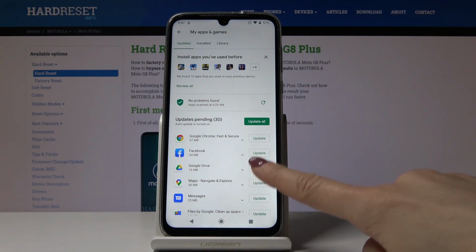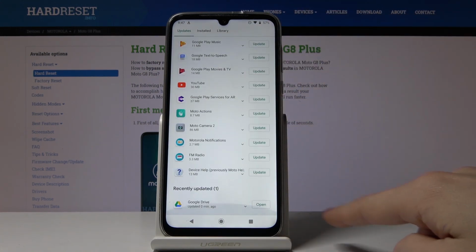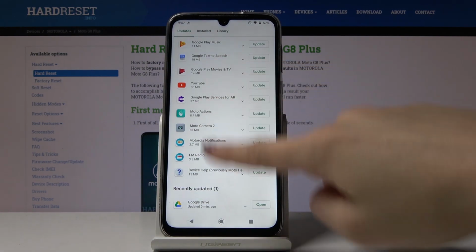Google Drive. Just click on the Update tab right next to the app name, and as you can see here you can observe the progress. At first the latest version will be downloaded and then installed. As you can see now, at the bottom of the list you will find it under Recently Updated, but you